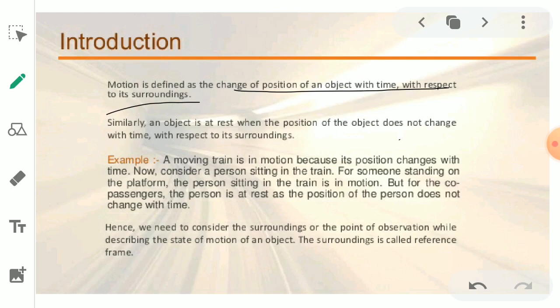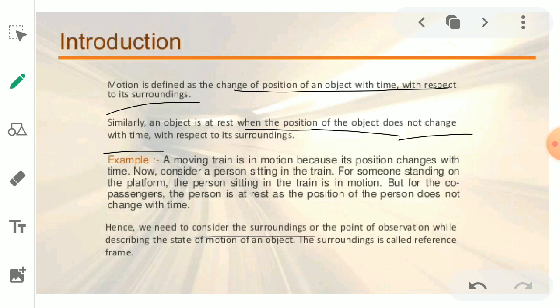Similarly, we can define an object at rest. How can we say this object is at rest? An object is at rest when its position does not change with respect to time or with respect to the surrounding. Okay, it means a body is at rest if it does not change its position, it remains fixed. So we need to consider the surrounding. When we talk here about with respect to the surrounding